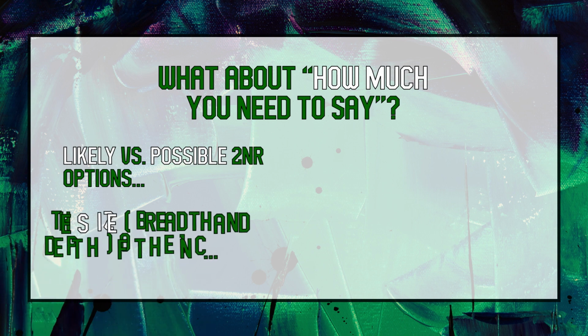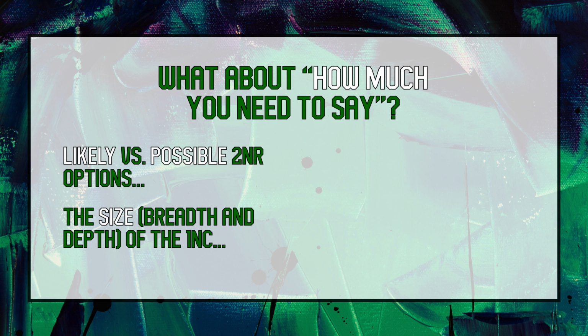Second, the size, meaning the breadth and depth of the 1NC. How to answer big 1NCs is beyond the scope of this video, but what you wish you could say and what you actually have time to say are rarely the same. Against a bigger 1NC, you might need to do more strategic hedging. You might also need to be more brief on the case, deciding that the marginal cost of more brevity on the case is outweighed by the marginal benefit of less brevity on the off-case arguments. Against a smaller 1NC, or one where you have more certainty about the likely 2NR, you might decide the opposite.